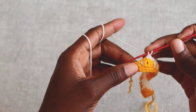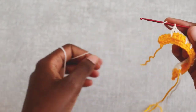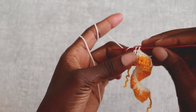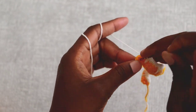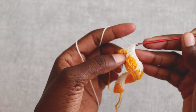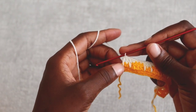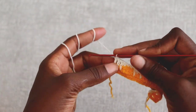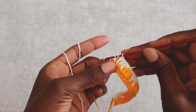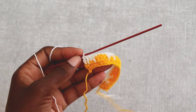So we still have the skip stitches, so you're going to work a double crochet in that skip stitch, double crochet in the next single crochet stitch, double crochet in the next skip stitch, and then when you have your last stitch remaining, remember it was a single crochet stitch, so you're going to work a double crochet in that very last stitch. So our row 3 is complete,